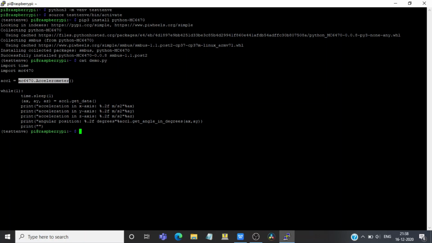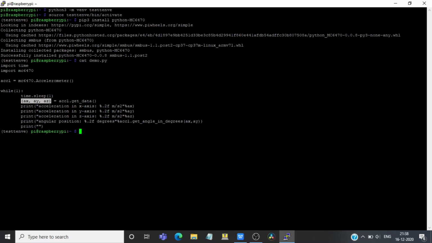Note that I haven't passed any arguments to this accelerometer constructor, so I'm just using the default configuration, that is 14-bit resolution and a range of plus or minus 8G. Now within this infinite while loop, I'm calling the getData method, which returns acceleration in all three axes. I am printing these values over here.